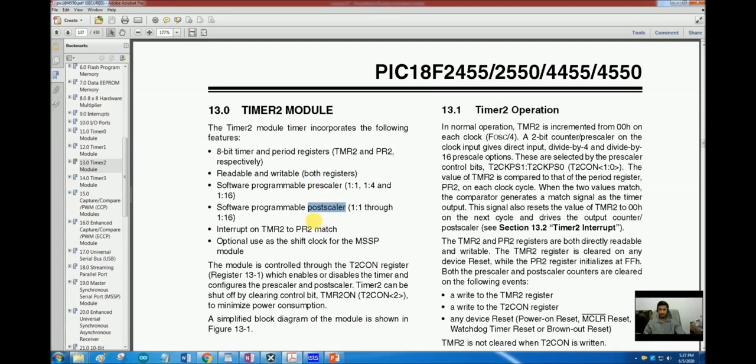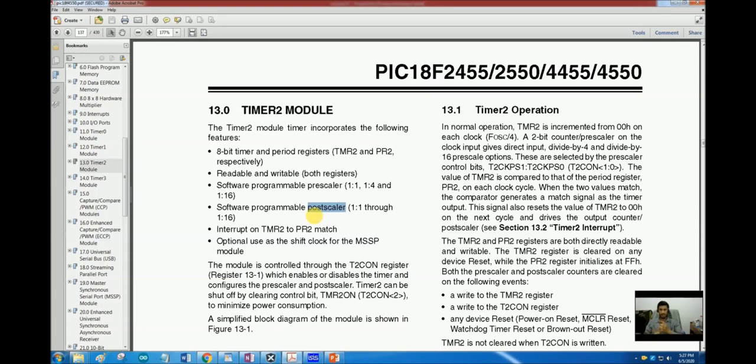Then the postscaler is a similar thing, but the postscaler comes in when the timer overflows. The overflow flag of a timer, the TMR2IF, is raised automatically whenever the timer overflows. It counts from 0 to the maximum value, and then when it overflows from the maximum value to 0, the overflow flag is set.